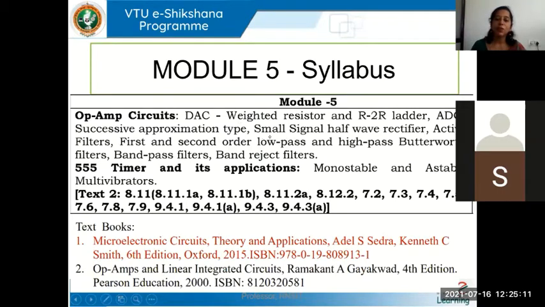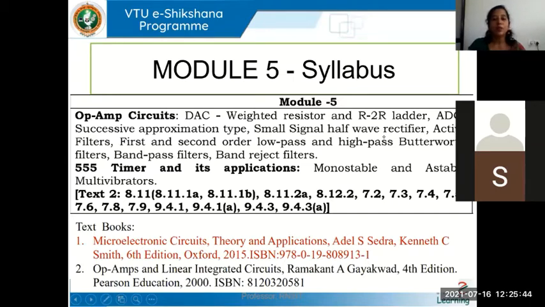And next we'll be talking about the small signal half wave precision rectifier. Here they have mentioned only half wave rectifier, but it is actually a half wave precision rectifier. What's the meaning of precision? What idea do you get when you say the word precision? Precision is something about accuracy, right? When I say it is a high precision device, you automatically think the accuracy of the device is high.